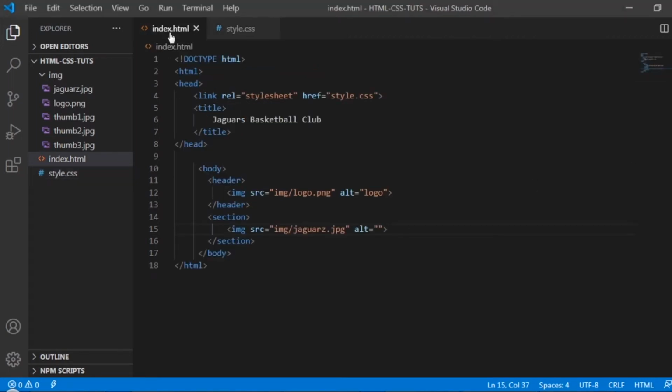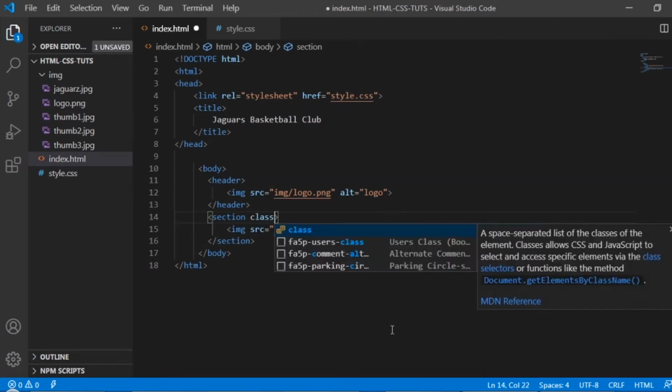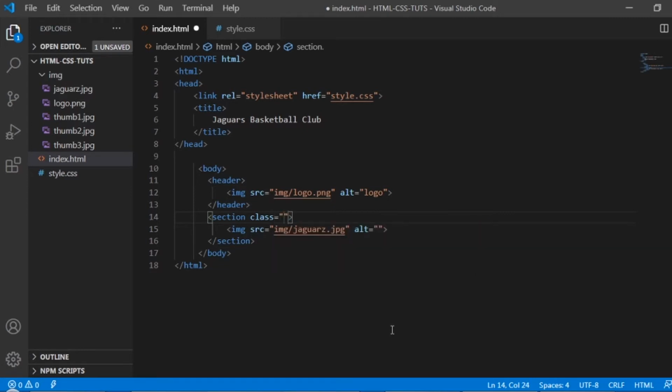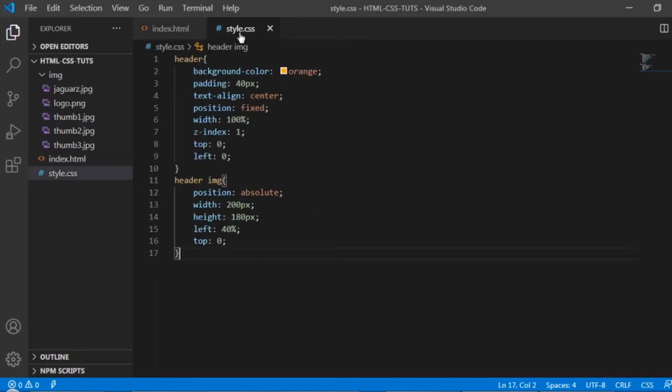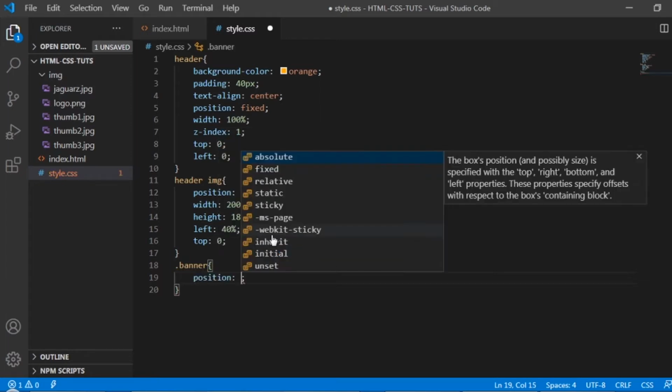But before that guys, I will create a class on our section, class name banner. Then save this one. We will be calling this class in our CSS. So dot banner, and then let's say for example position is going to be relative.